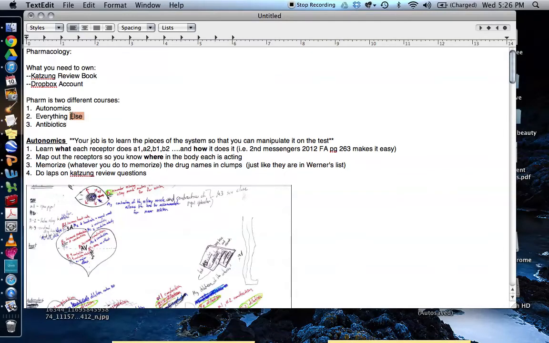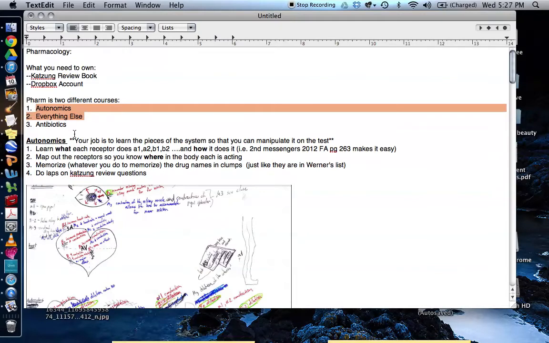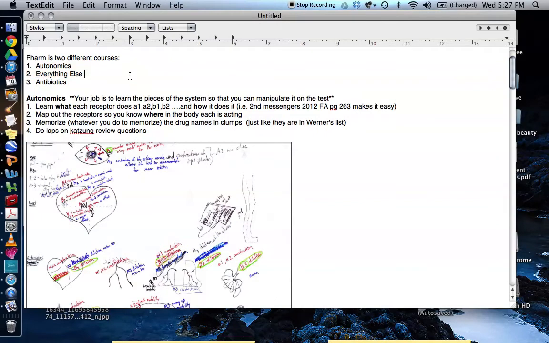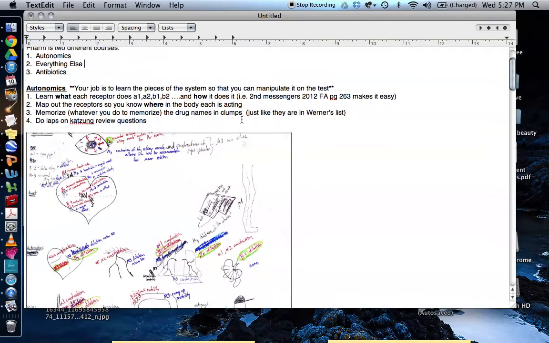So I'm really going to focus on these 2, and I'll say something briefly about autonomics. I got really good advice from students ahead of me, one in particular who's a 4th year now, who was just like, man, I wasted so much time trying to learn autonomics, and I wish I would have just learned the system and learned what each drug does. So I've kind of laid it out in steps here. Your job is to learn the pieces of the system so that you can manipulate it on the test. So you need to learn what each receptor does. These are the main